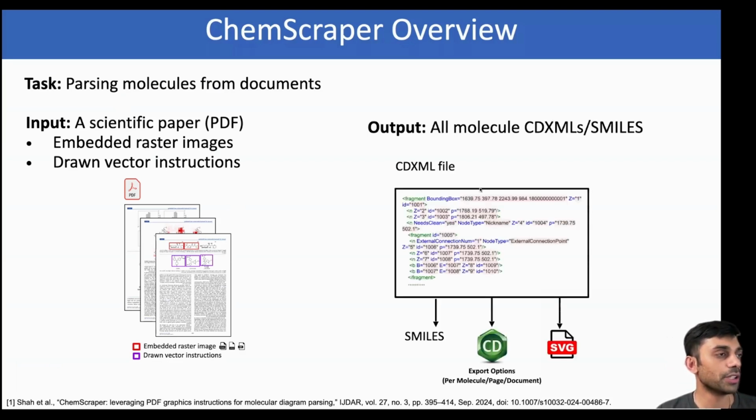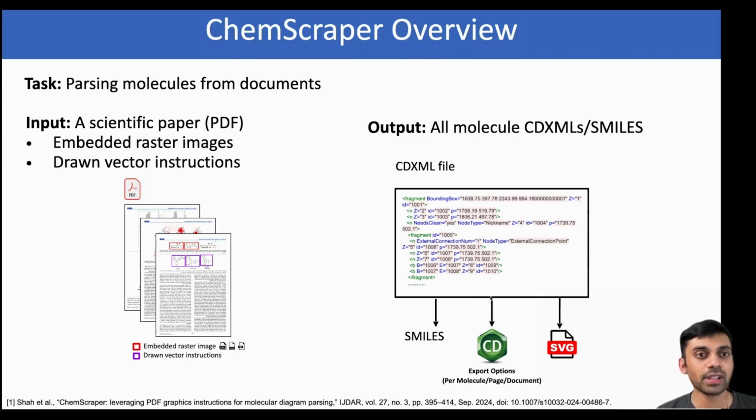The output we produce is basically CDXML, which is an XML format for representing the chemical graph for each molecule diagram that we parse. So this represents both the visual as well as the chemical syntax of the molecule diagrams. And the CDXML can be converted to SMILES, or it can be rendered as SVGs or imported to a ChemDraw